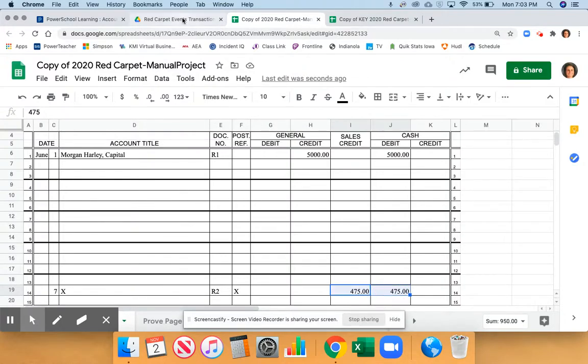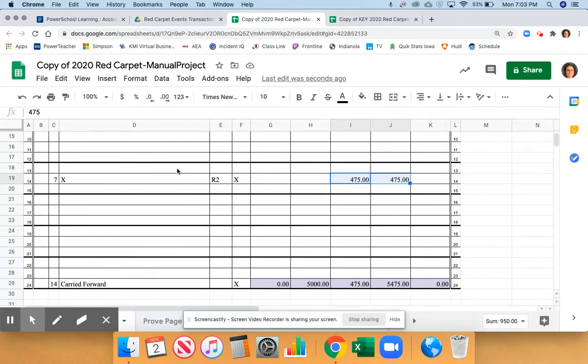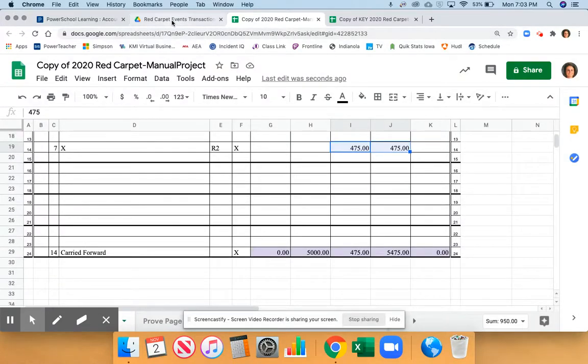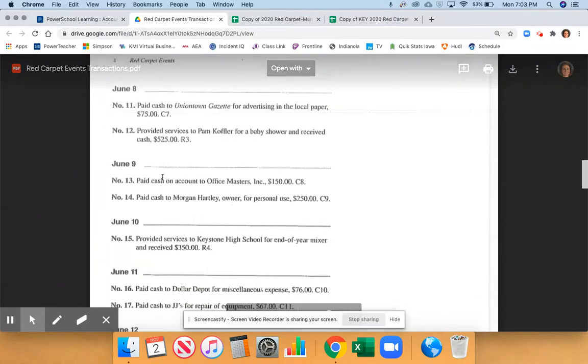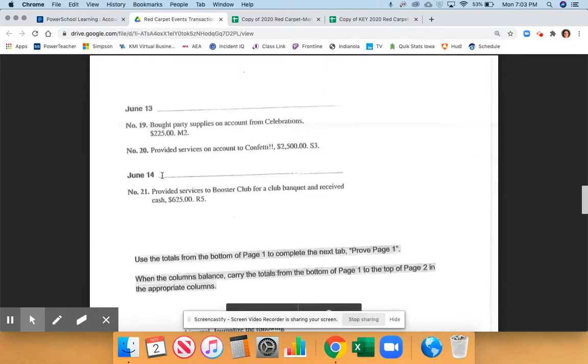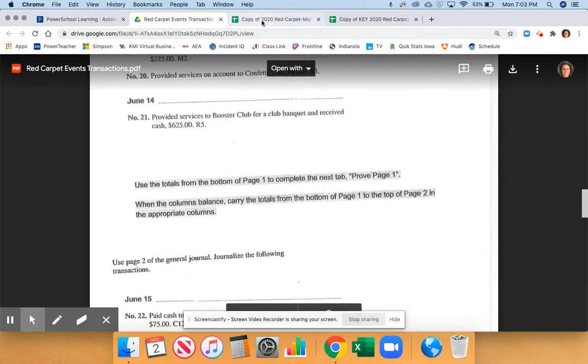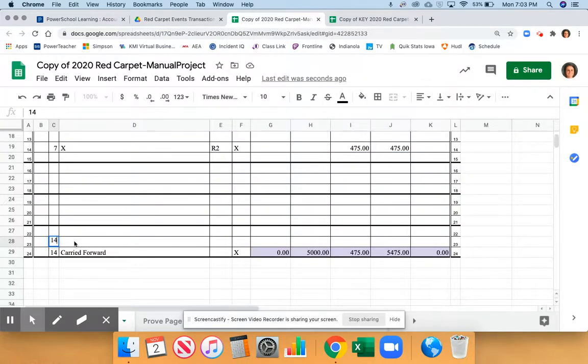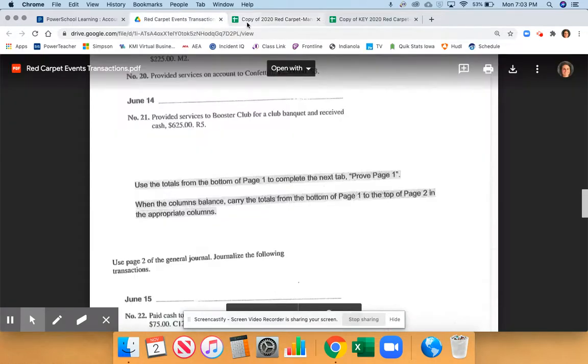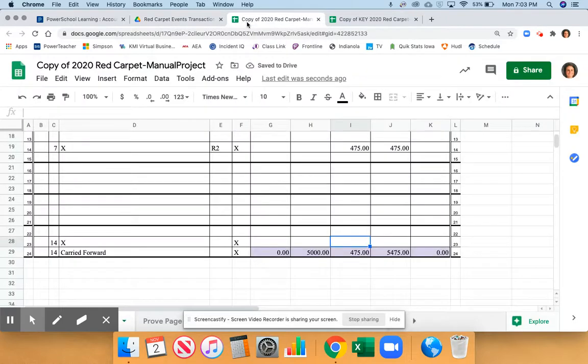The other thing I wanted to show you is when you get to the end, I have already filled in, and your instructions tell you where you should end your very last transaction. So after the 14th, you provided services to the Booster Club for a banquet and received cash. That should be on the very last line. It's a checkmark entry. And get that in there. That should be your last entry that you have on that page, because then you'll see